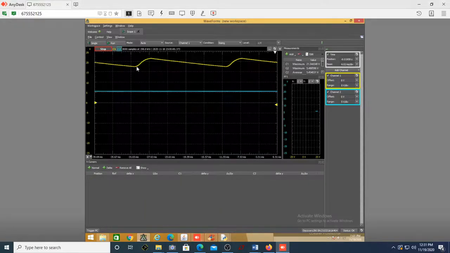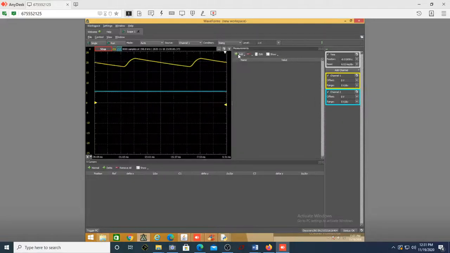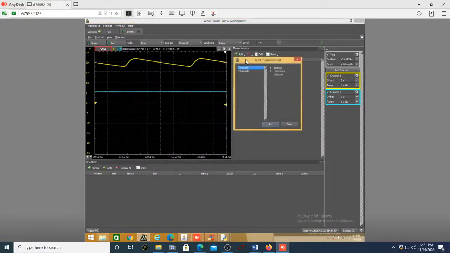Can you see this is too far above that 6.8? So what is the voltage that you have? The minimum voltage of C1. So what I can do is remove all these things. I'll remove all of them. I will add, okay, let me just take out this. Let me try to, so vertical in, I'll try to find out what is C1 maximum, C1 minimum, channel 2 average voltage.